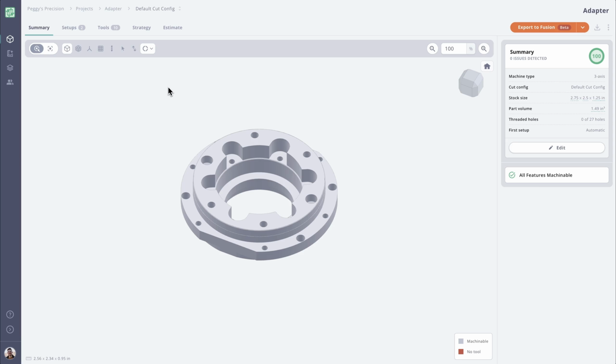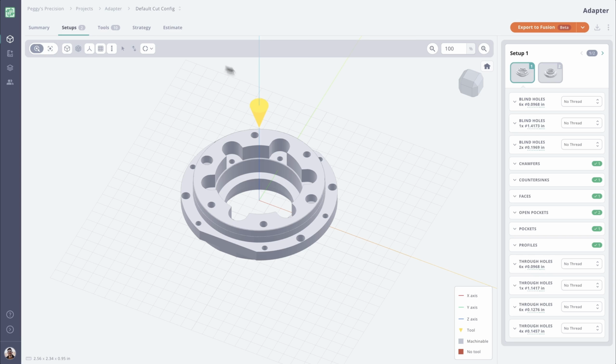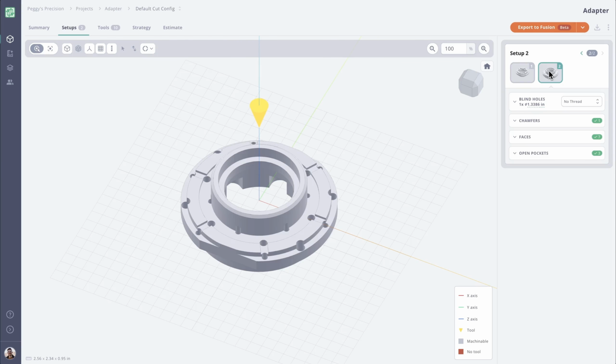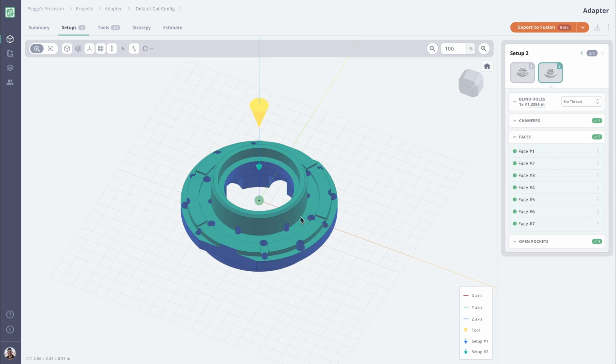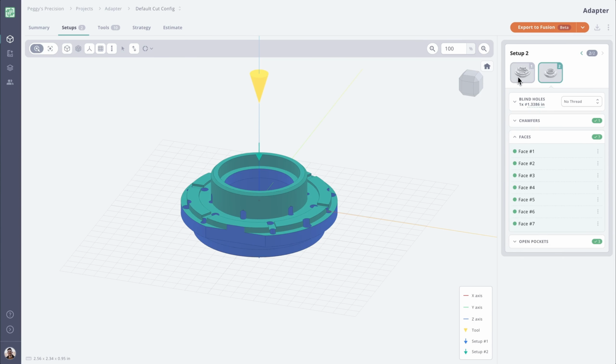Our next question to answer is, how am I going to make this part? Well, that's where the Tools, Setup, and Strategy tab come to play. Let's jump to the Setups tab where we can see how Toolpath has decided to machine our part. Here we can click into all the features that are associated with the given setup. I like to click on the Show Machining Directions button to quickly see what features are being machined in each